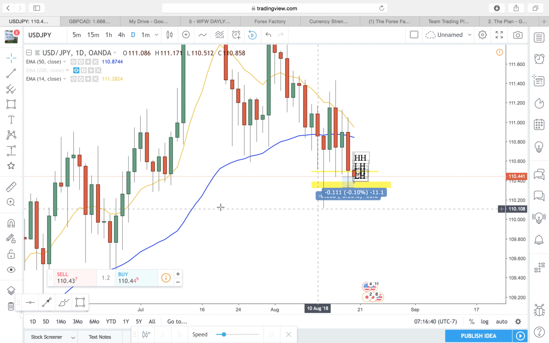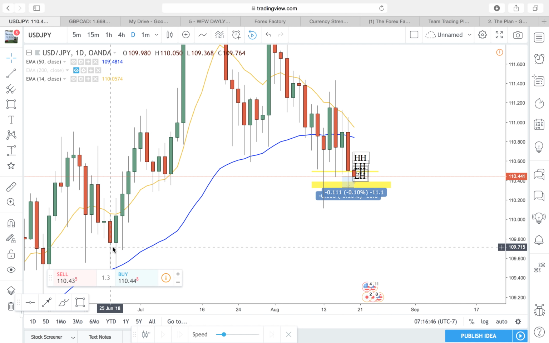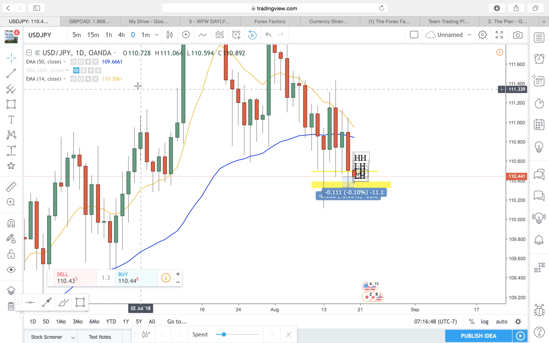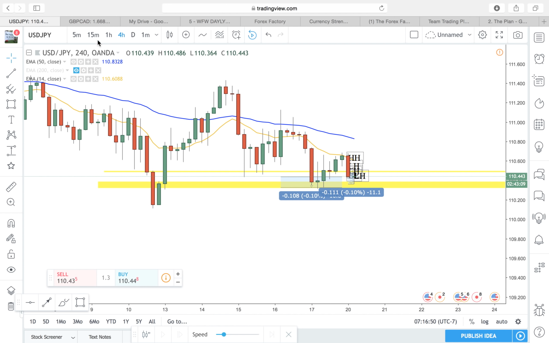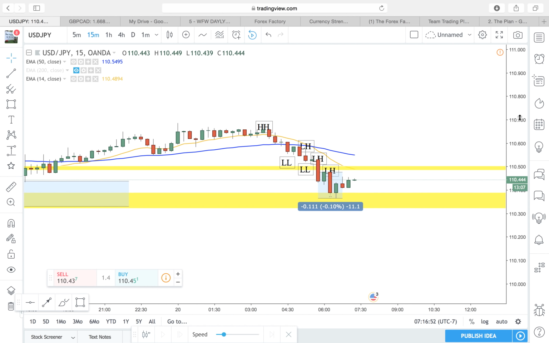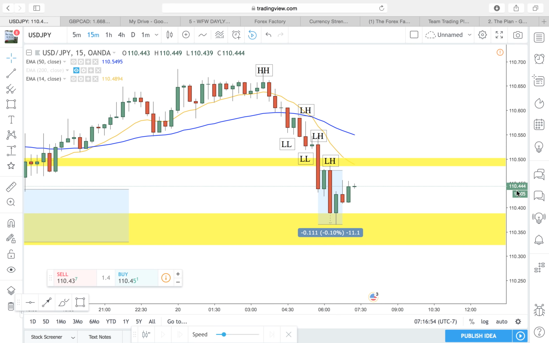But if we're going to continue going bearish, just look left. We're going into this wick range, this wick range, this wick range. We can come all the way down to 109 very easily this week. I don't doubt it. I do anticipate that. But we'll see. I don't like to predict the market. All I like to do is trade what's happening right now.